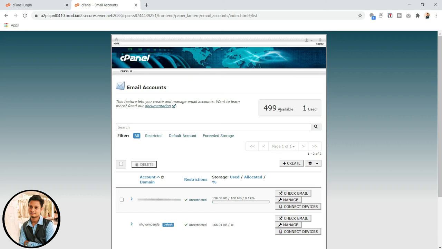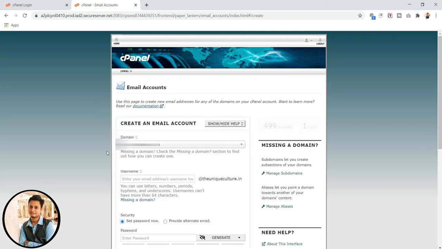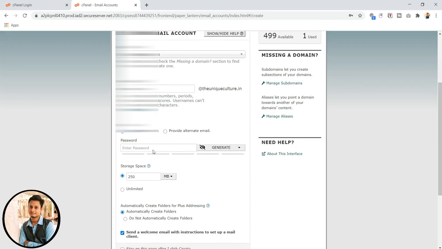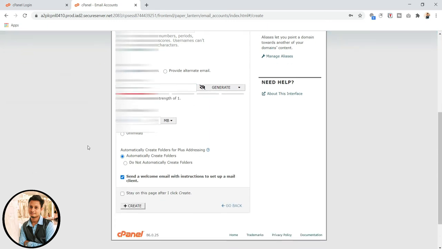So let's create one more email ID and see how email sending and receiving works. This is my domain name, so I will create one more. Let's say the name is something like that. I have given a name, but some information is blurred for security reasons. I don't want to receive spam, that's why I have hidden some information. I have given the domain name and username. Now it is asking to set a password, so I will set a password. The password is something like this.